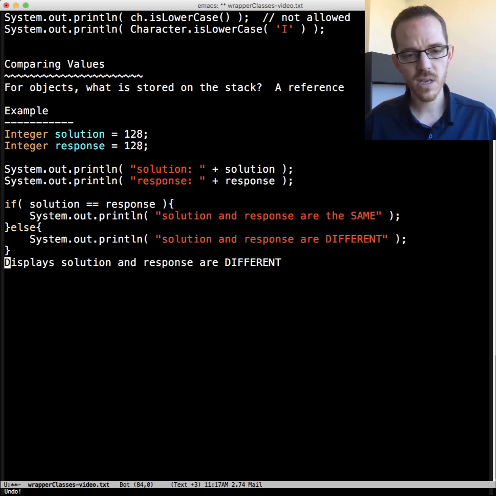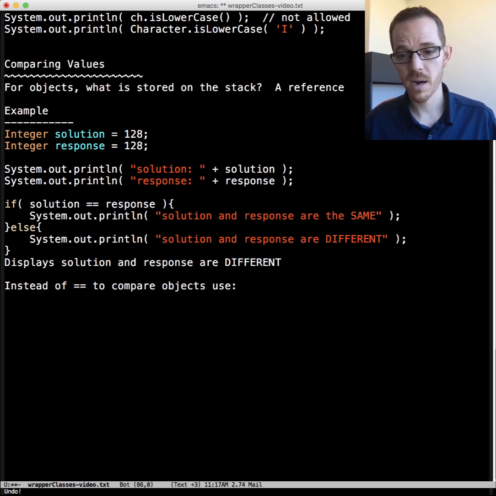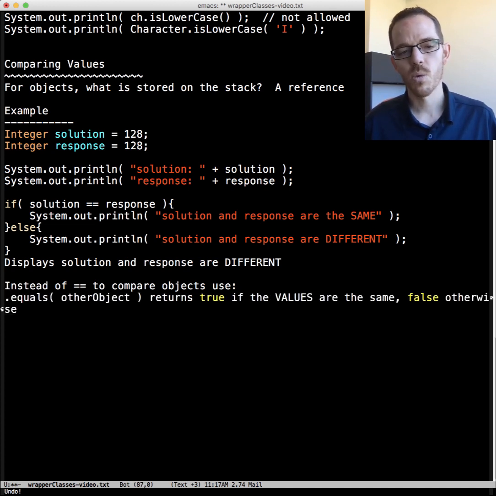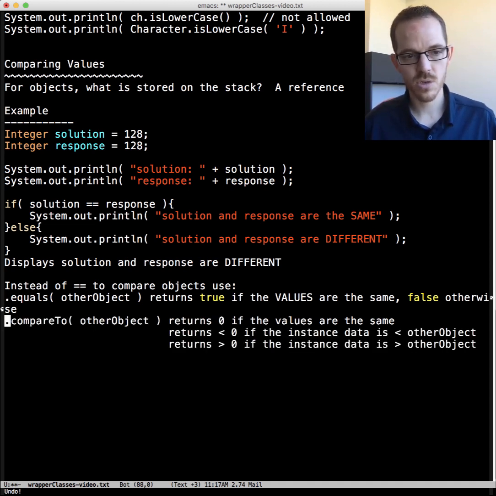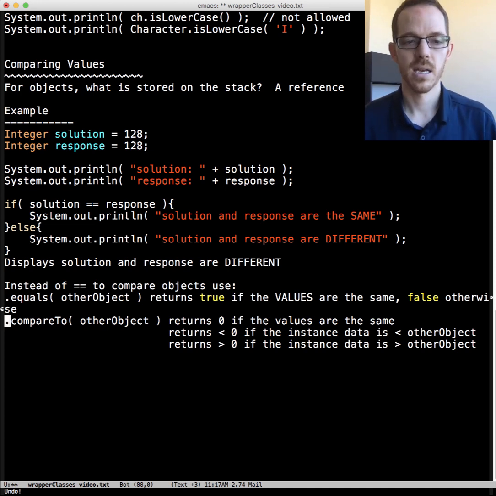So instead of equals equals, to compare objects we have two options. We can use .equals, and by that I mean call it on an instance. It's an instance method, and pass it some other object. Or we can use compareTo, again an instance method, and pass it another object.